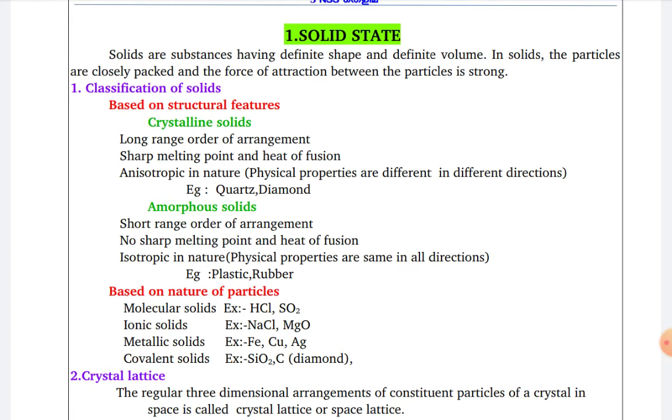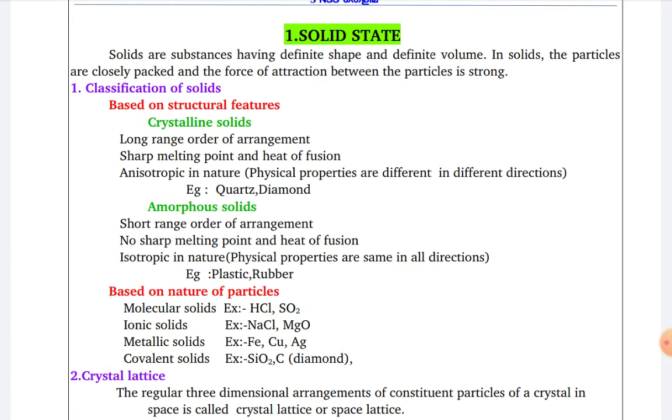The classification of solids based on structural features: solids are classified into two, crystalline and amorphous. In crystalline solids, there is a long range order and there is a sharp melting point and heat of fusion. It is anisotropic in nature, which means the physical properties are different in different directions. Example, quartz and diamond. In amorphous solids, there is a short range order and there is no sharp melting point